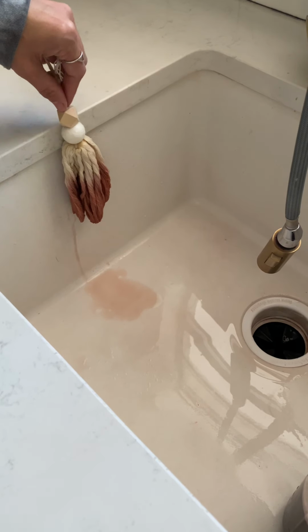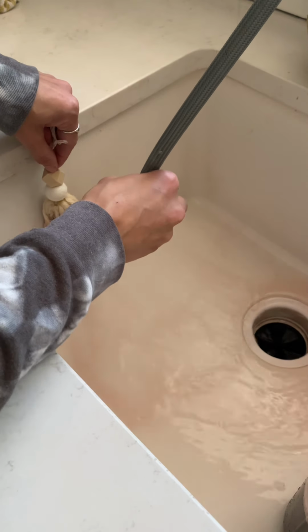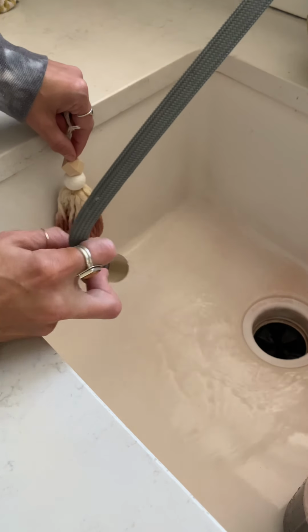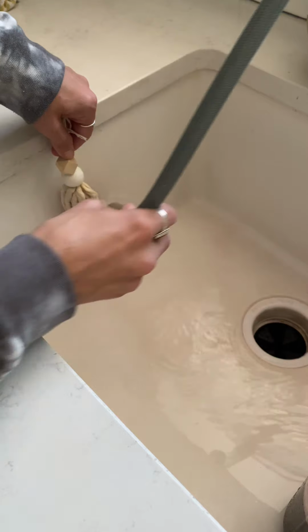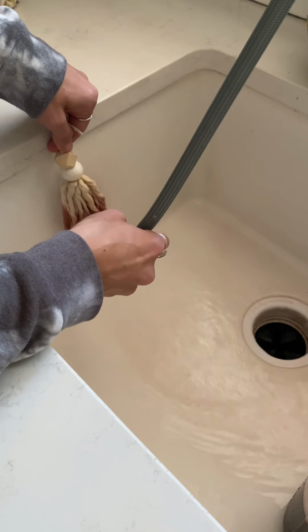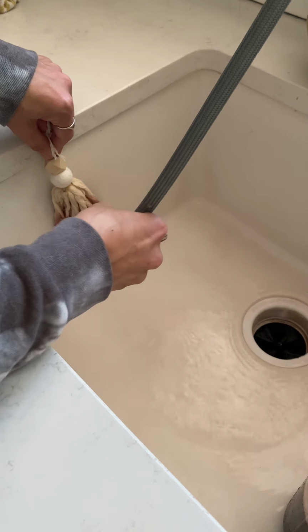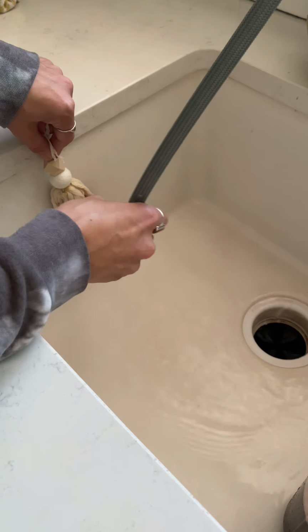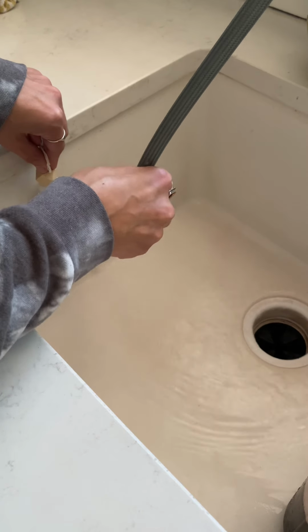Okay, now I'm going to rinse it with cold water. I have found that cold water helps to lock in the color just a little bit better. So I'm going to rinse it on both sides, front and back, and really rinse it out until my water runs clear. And once it's clear,